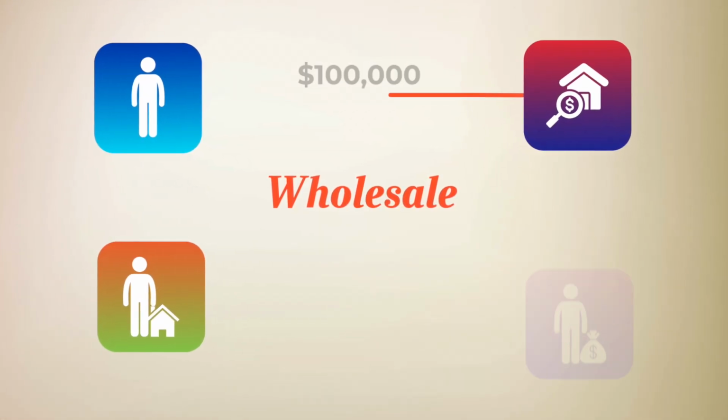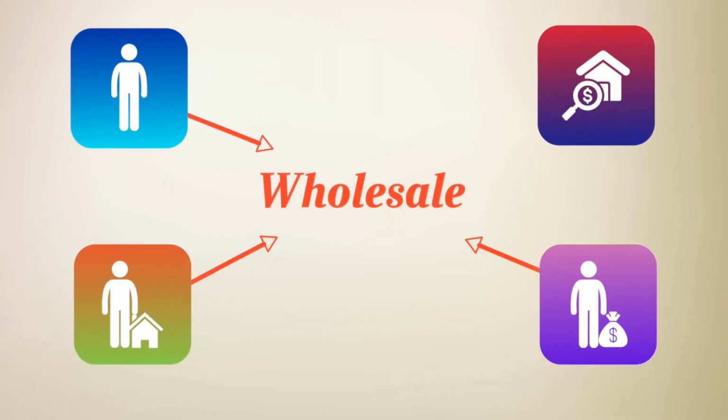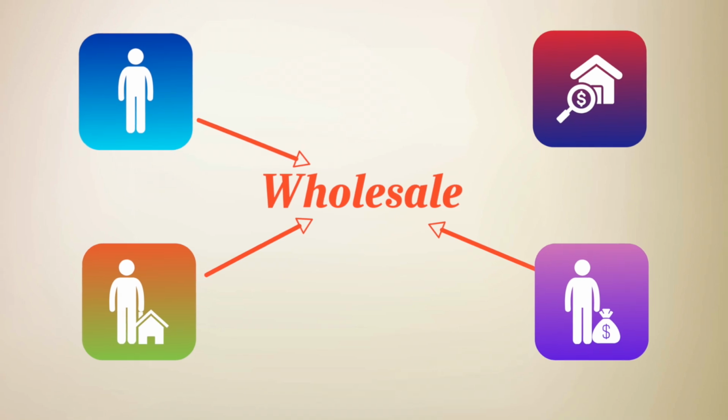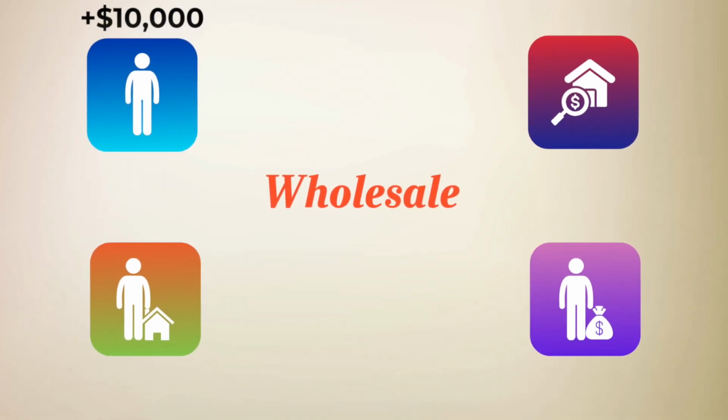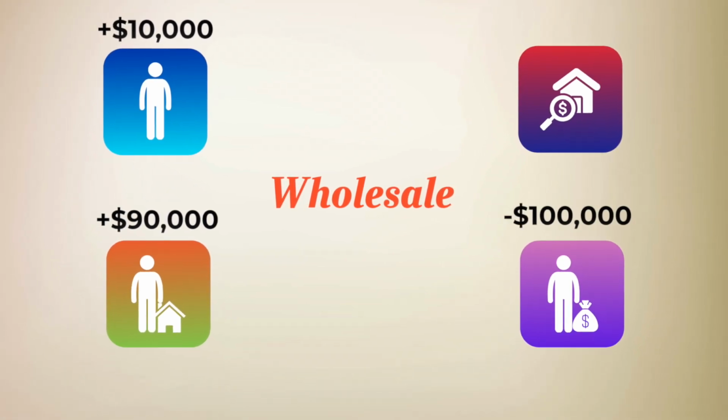So once you find that end buyer, you will give them an assignment agreement, which is assigning your rights from your initial agreement to that end buyer. And they will sign that assignment agreement for $100,000. Then after that is signed and you go to the closing table with both agreements, you would get your $10,000. The seller would get their 90, you get your 10, and the buyer would be purchasing the property for $100,000. So that is what a wholesale is in a nutshell, but let me break down a real life example of how we utilize wholesale in our company without a license.